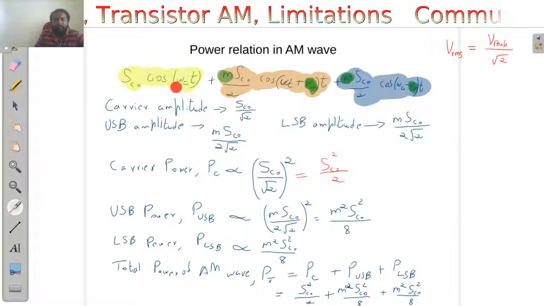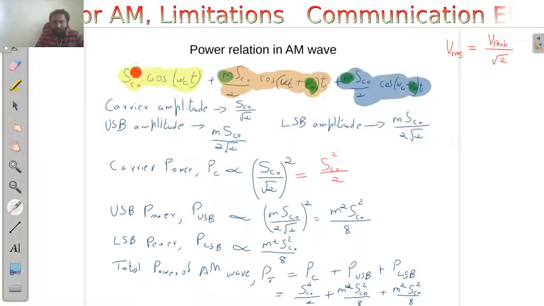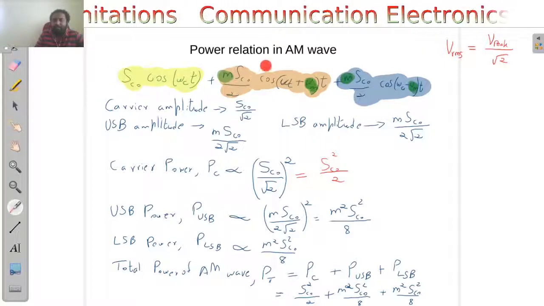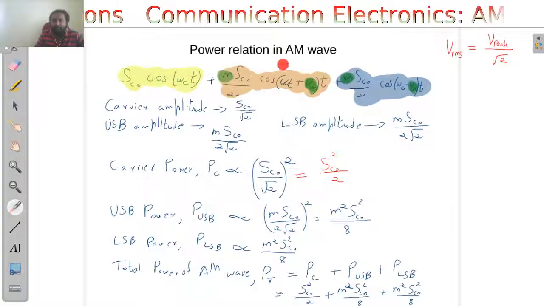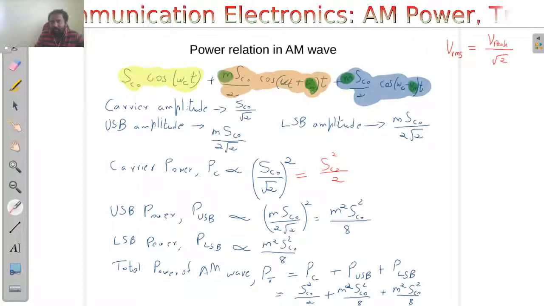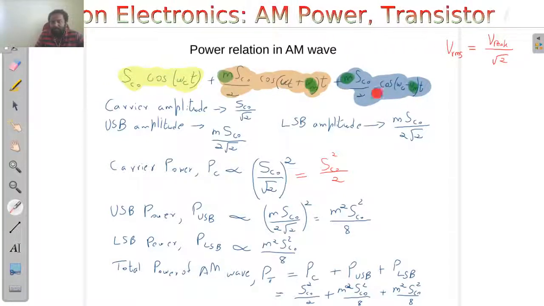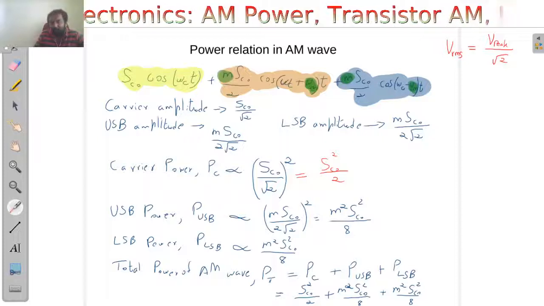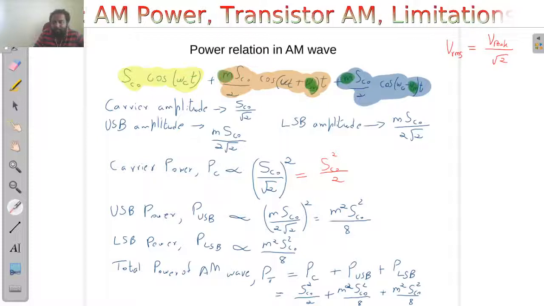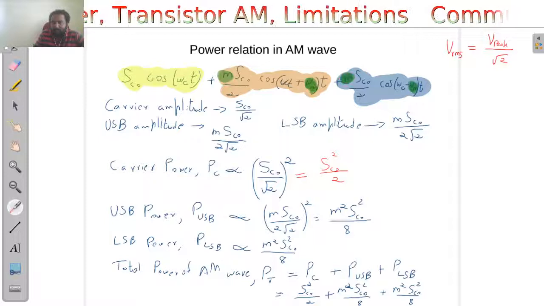Let's have a recap on the equation that we derived about amplitude modulation. This one is our amplitude modulation equation. The yellow term represents our carrier component. The orange term represents our upper sideband because it is omega c plus omega m. The lower sideband is represented by the blue term. So these three terms constitute our amplitude modulated signal, and our information is lying inside the parameters small letter m and omega m.